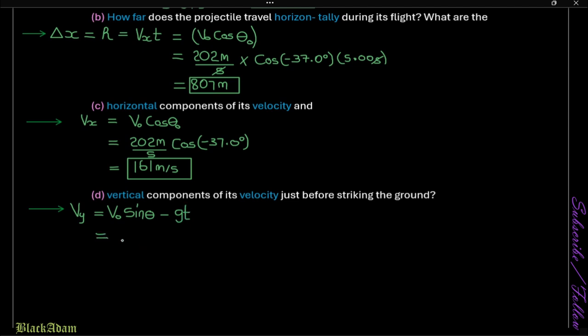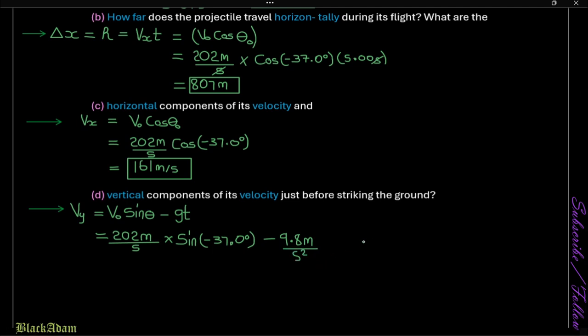That's 202 meters per second multiplied by sine negative 37 degrees, minus 9.8 meters per second squared,